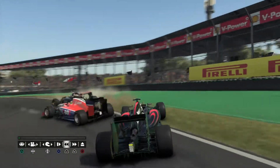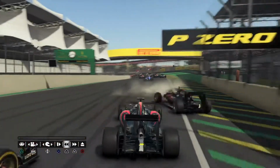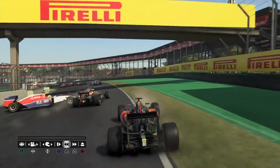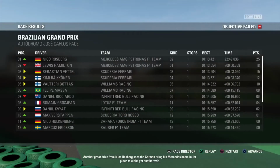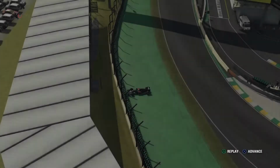I'm not sure how he got into the wall. No, it's because he hit Stevens. So he avoided my car getting spun out, but he actually spun out himself. So yeah, that's just the beginning of the race. But yeah, I actually didn't know